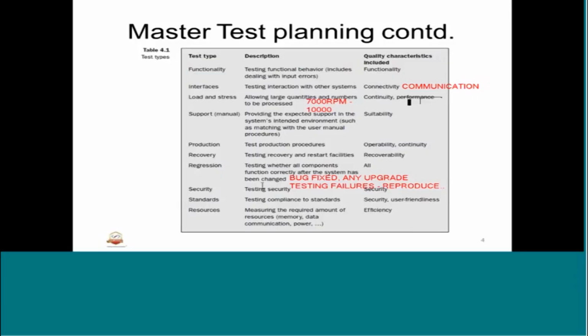Then we have security, testing security. So all security requirements, and sometimes we can add safety requirements also, come under this test type called security. Then we have standards, relating to compliance to standards, like this much percentage of coverage should be there, complexity, coverage, etc. will all come under standards. So against the standards, these steps are defined. This also is categorized under security or safety because,